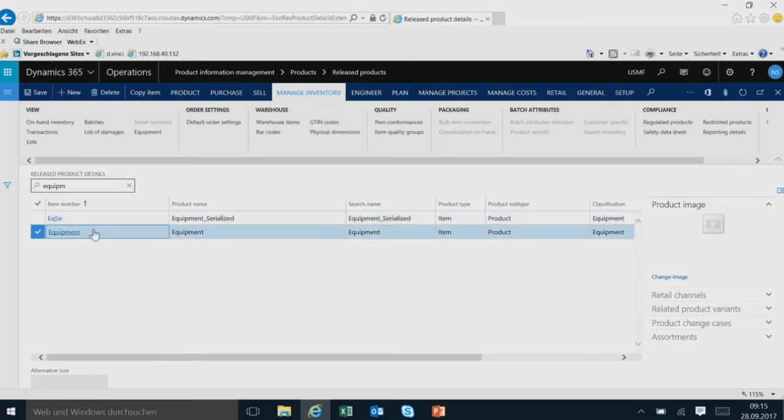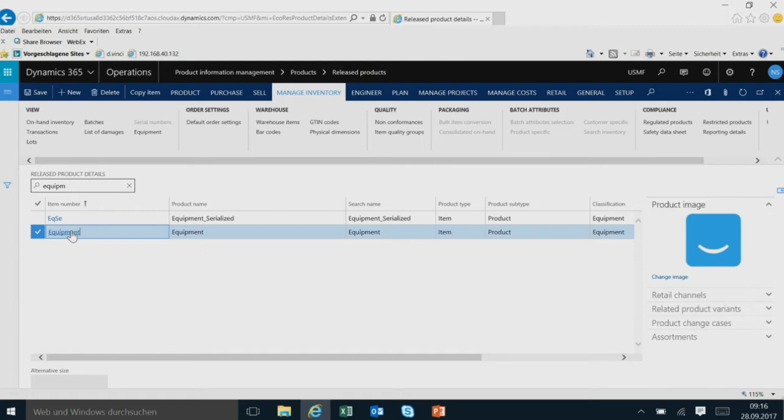So for example, this equipment, and in this structure, this is just an item. The item defines a kind of equipment. So for example, if we talk about cars, for a rental company, this might be a mid-sized car, a small car, or a luxury car. Or if we talk about a coffee machine scenario, it's a certain kind of coffee machine.